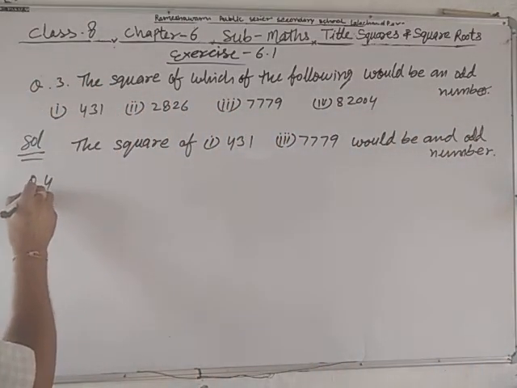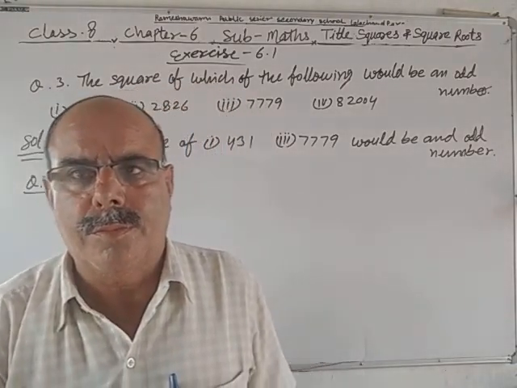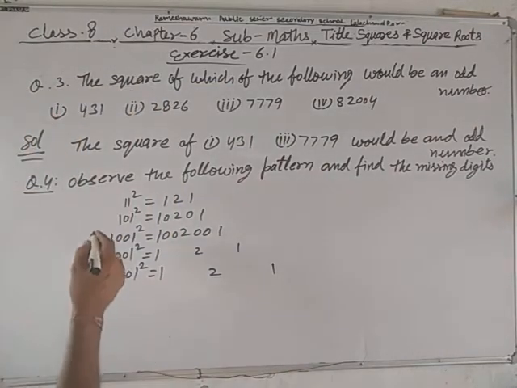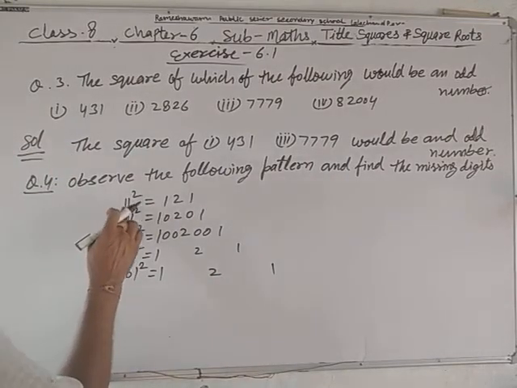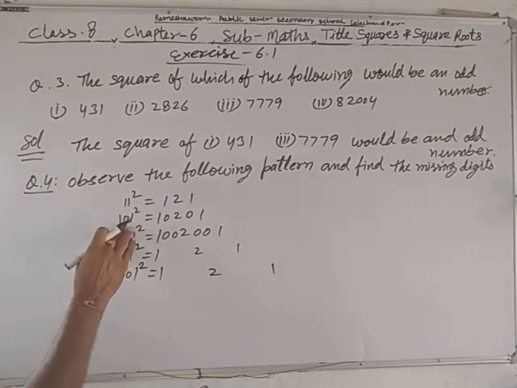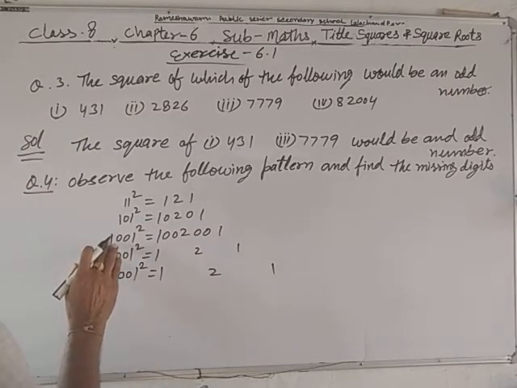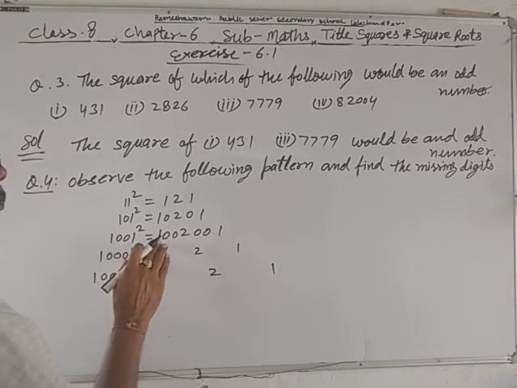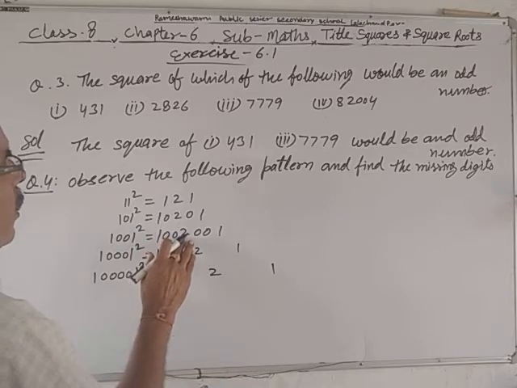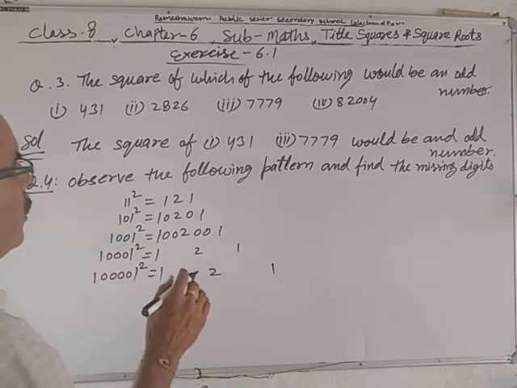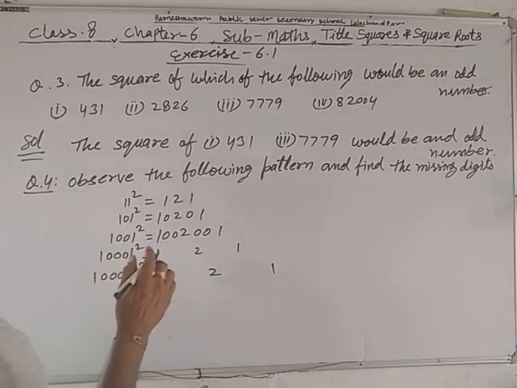Question number 4. Observe the following pattern and find the missing digits. 11 square equal to 121, 101 square equal to 10201, and 1001 square equal to 1002001, and the square of 10001 equal to